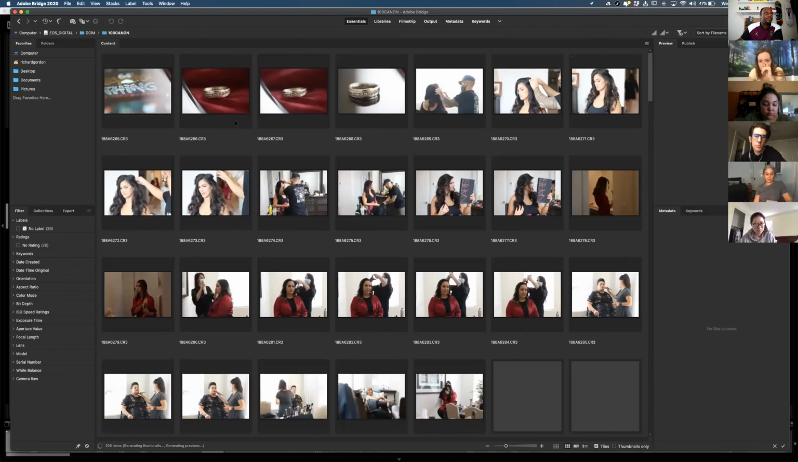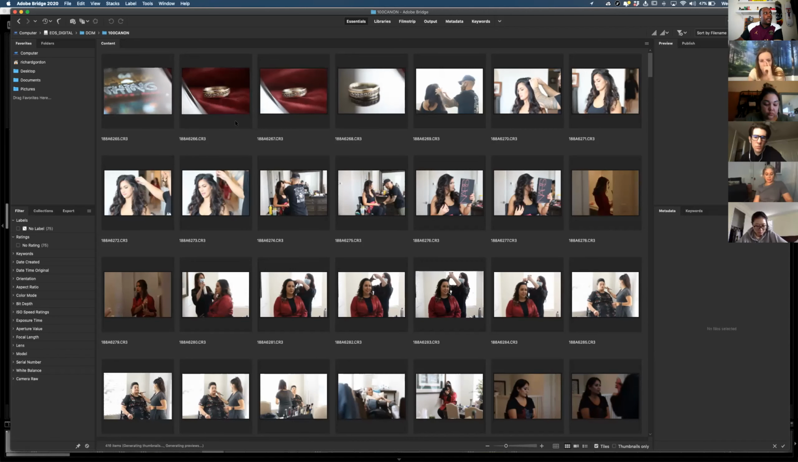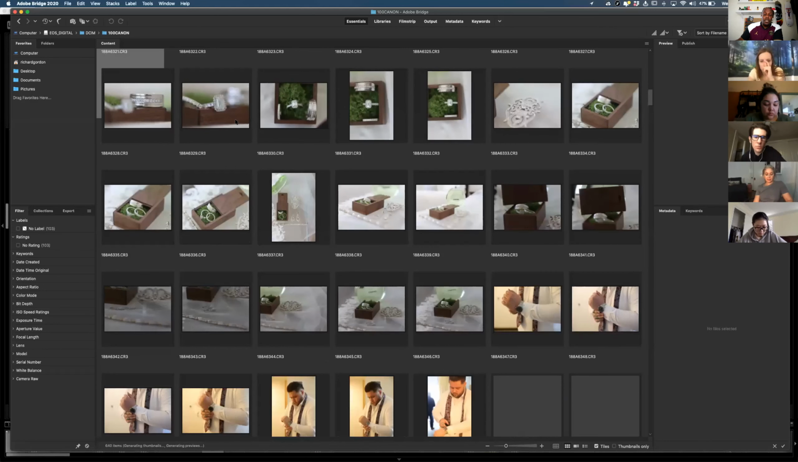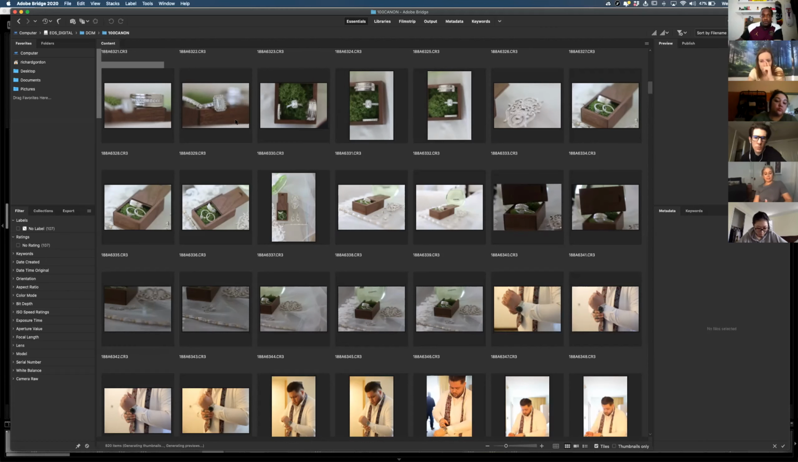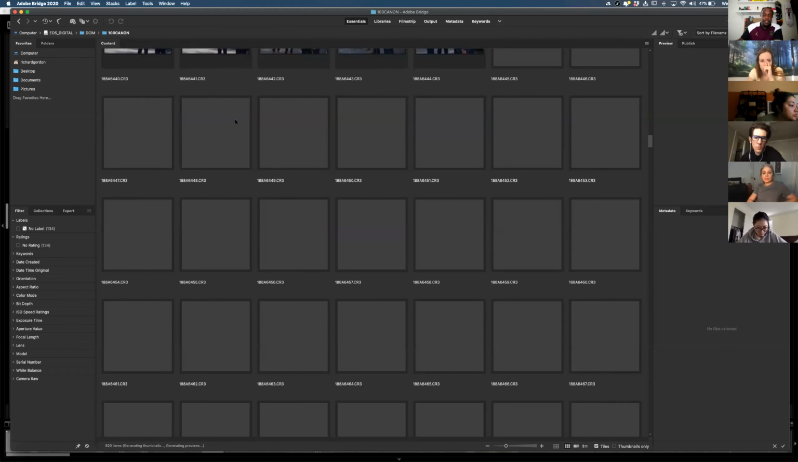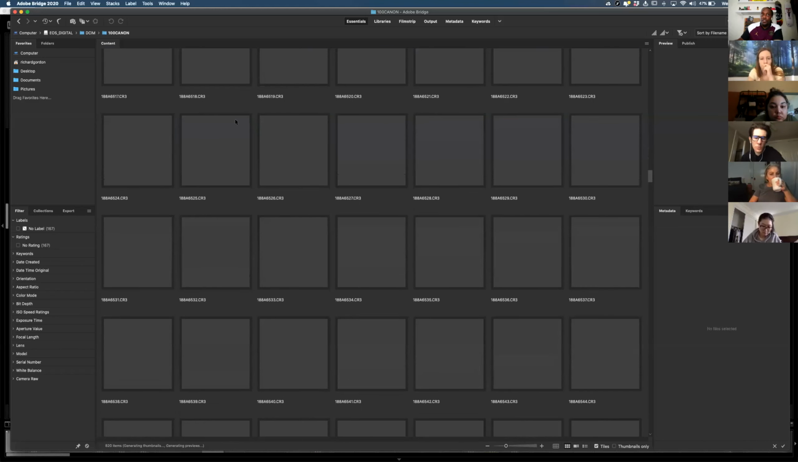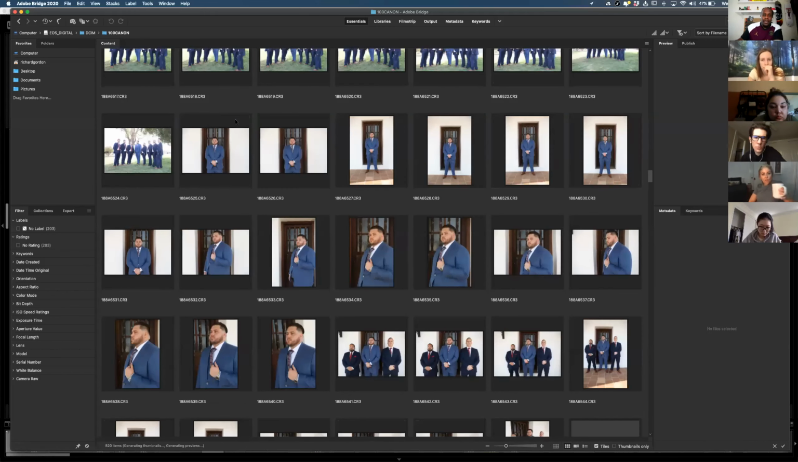So I'm going to click through, and here's some photos in this folder. Okay. Now, Bridge does do a good job of showing you a preview of the raw photos. Like, it can actually process the photos and show you. So that's one benefit of Bridge, that it can actually show you a preview of the raw photos better than